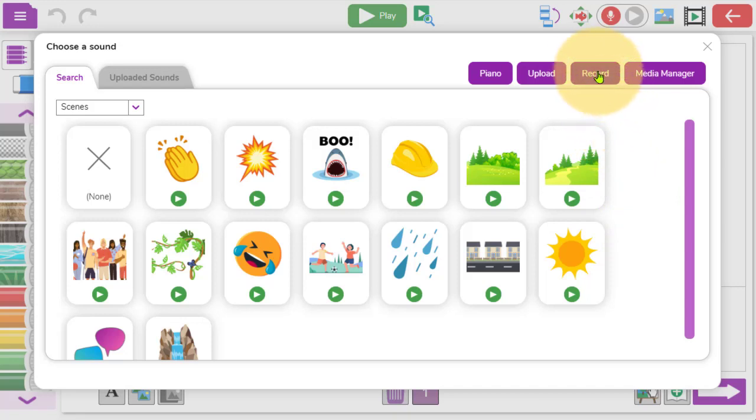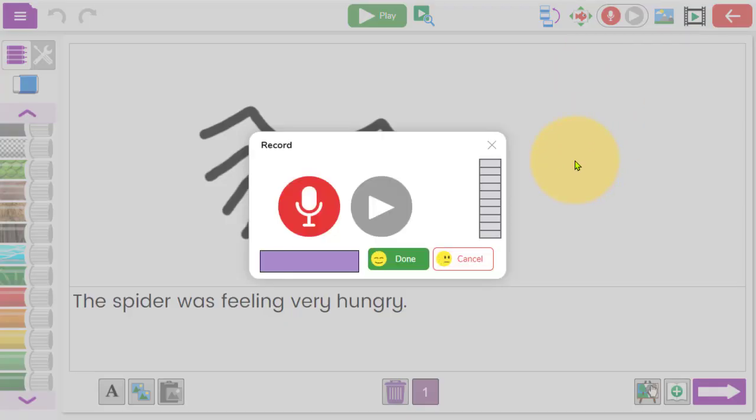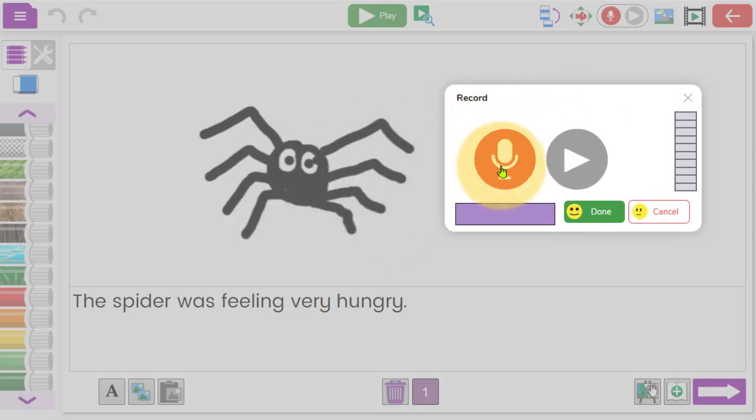Children can also record their own input as well. Again, this is covered in the PowerPoint. If you click on record, you will need to ensure that your microphone is enabled. But once it is, then children can record and record over their sound if they make any errors. So I might record,